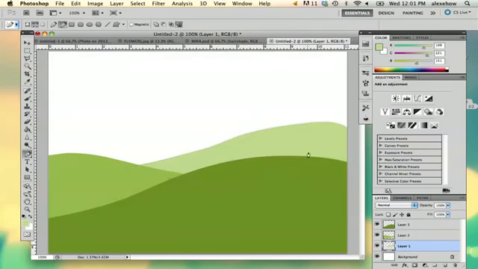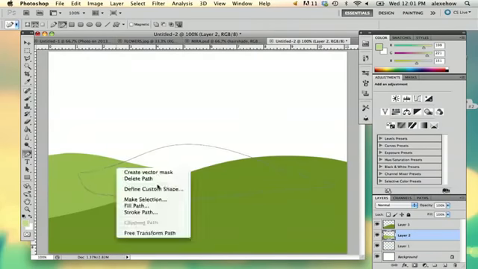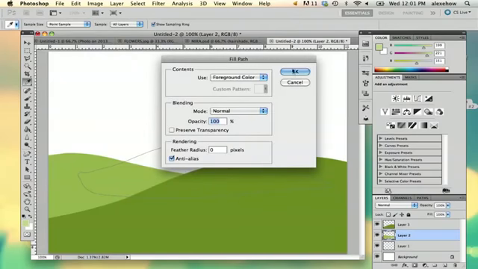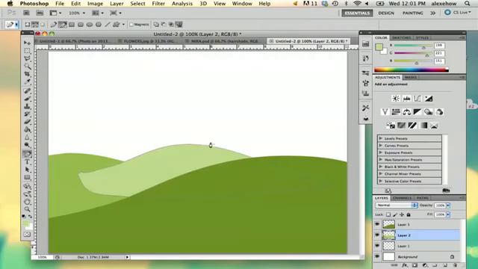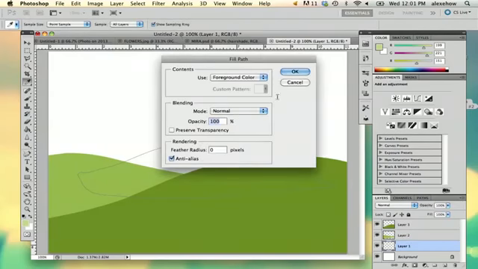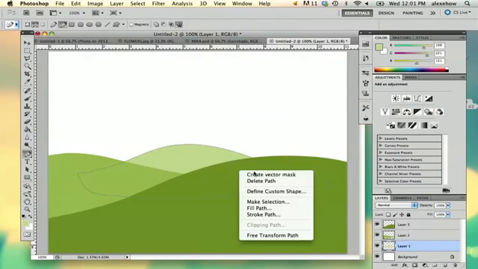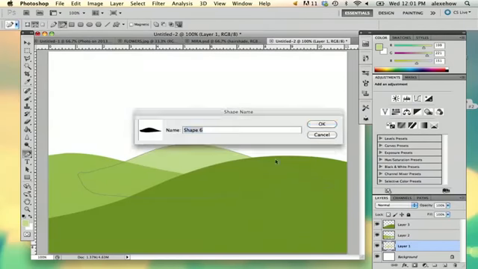And then delete path. Okay, so now I've got my range of hills here, and I'm going to redraw that last hill because I want it to be kind of like this. Oops. Okay, so now we've got